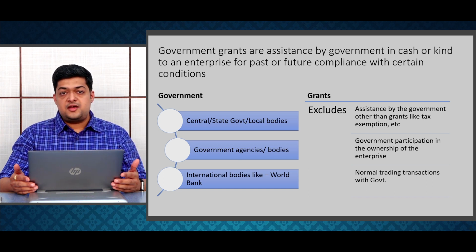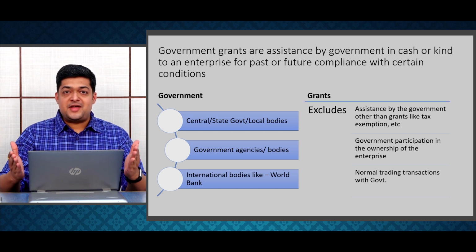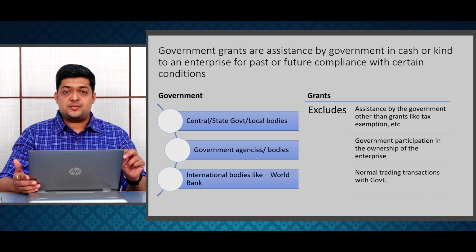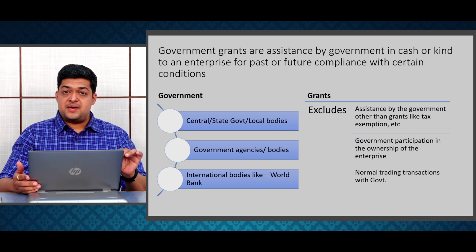For example, if the grant is given for the purpose of setting up an industry in a backward area, then the very first condition normally would be to set up that industrial undertaking and make it functional. There would be some other conditions, like that the entity continues for a certain designated period and it produces a certain quantity. So various types of conditions may be attached to the grant. So it is subject to the compliance of these conditions, past or future. So these are all government grants, subsidies, drawbacks, etc.